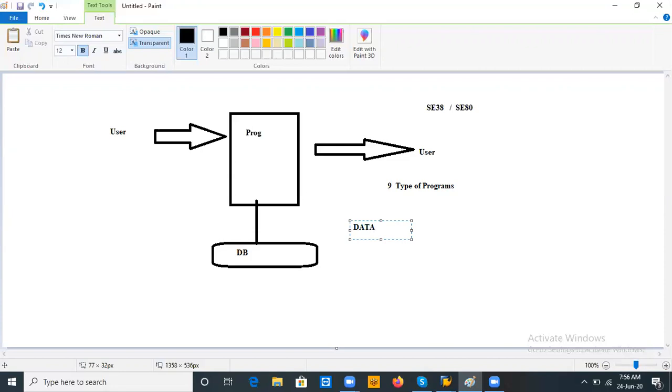The next point is the keyword: for declaring a variable, we will use the DATA keyword.